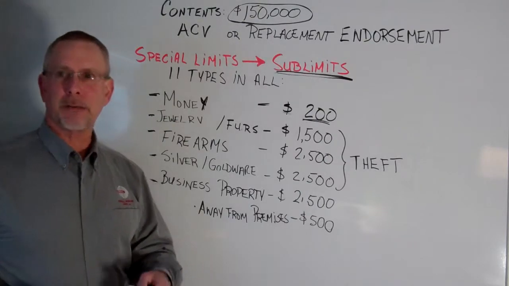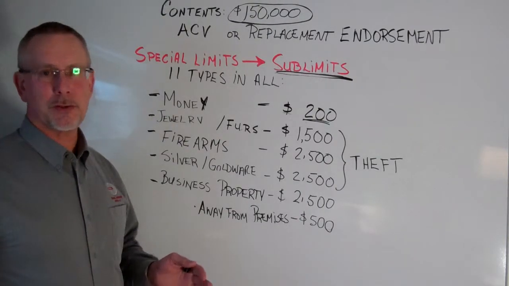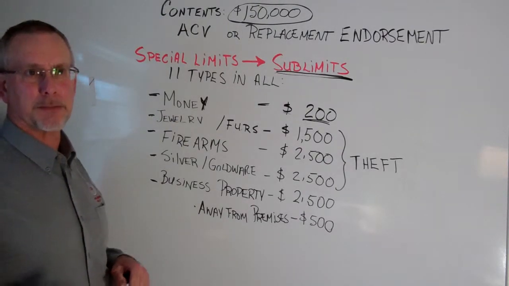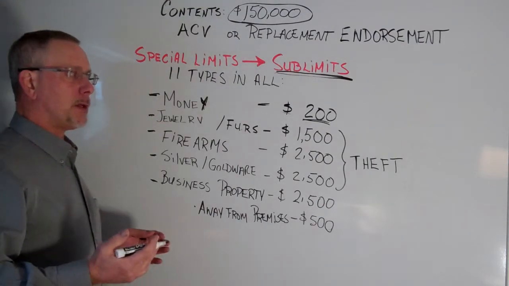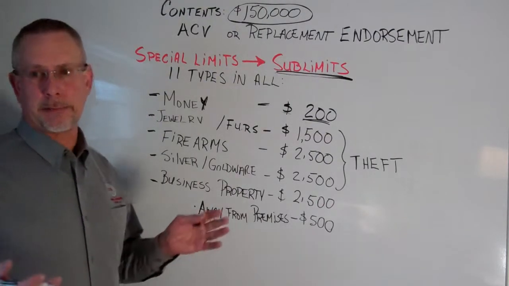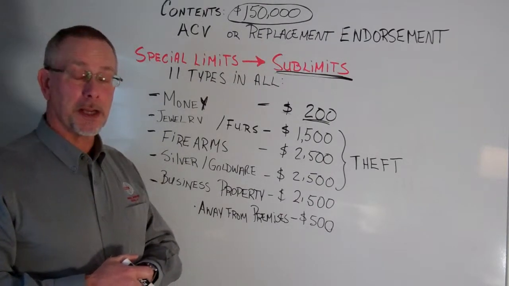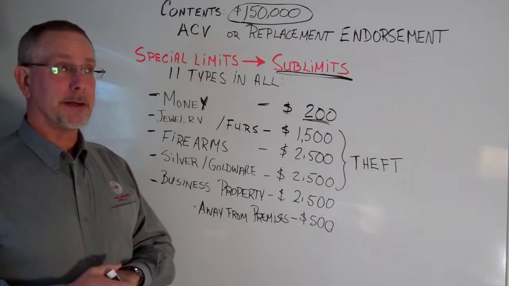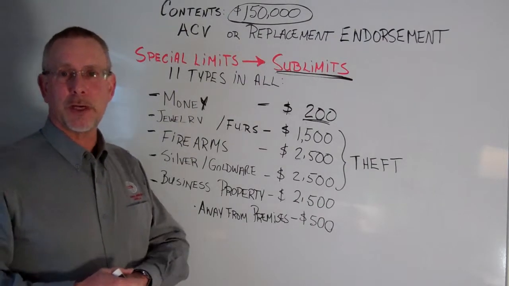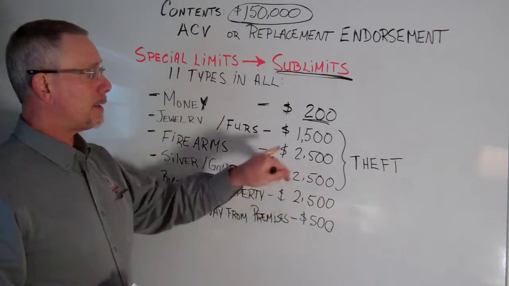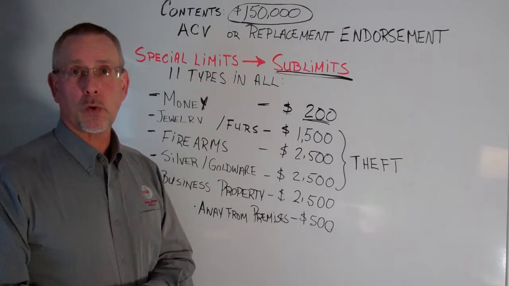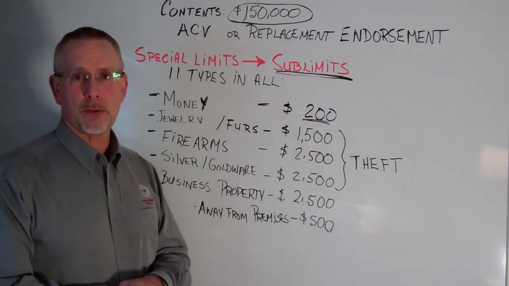Really, the insurance company places this to encourage you not to keep large amounts of money in your home. If you typically have $1,000 of money stuffed in an envelope somewhere and it ends up disappearing due to a large loss situation where you're making a claim,